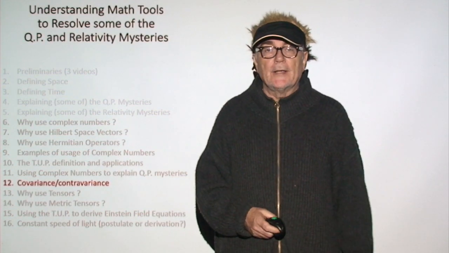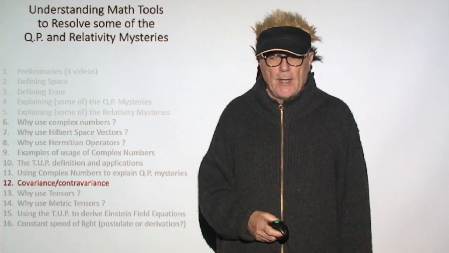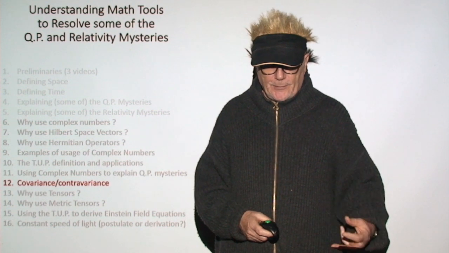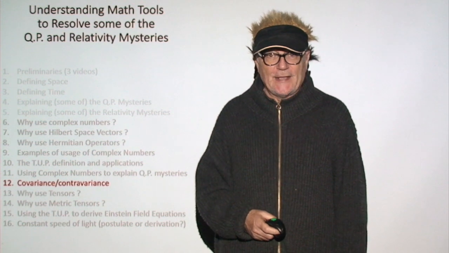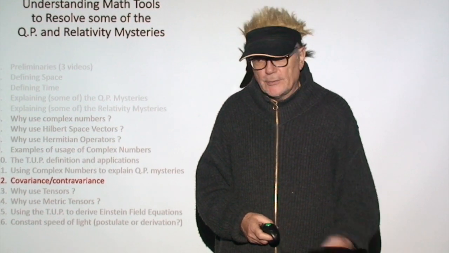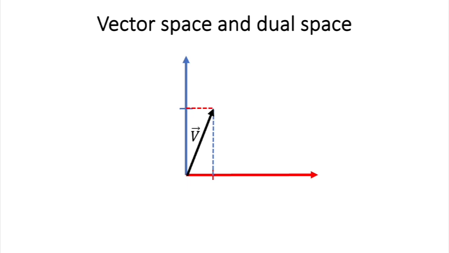In this video, we're going to introduce the concepts of covariance and contravariance, which are necessary steps to understand very powerful mathematical objects called tensors that we will be reviewing in the next video. So this particular video is more like a technical necessity, to define concepts that will be used in the next videos, particularly about tensors. I've seen a lot of confusing stuff about covariance, in particular over the internet.